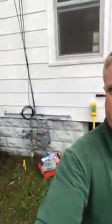The work area we're going to be in today, if you look at the side of the house here, you can see the chimney, fence. If you look over here, you can see the gas meter coming in. Gas lines, utilities have been marked out. So we know where the gas line is coming in from the street, so we know there's gas service to the house. Also, if you take a look over here, you can see right about here, best way I guess for me to point it out right here,